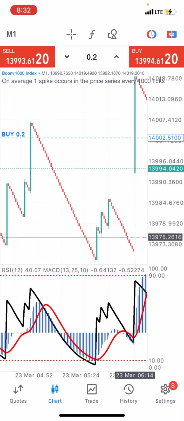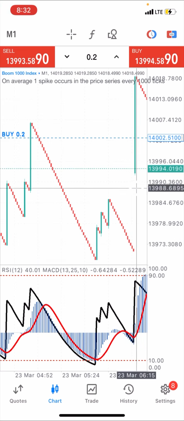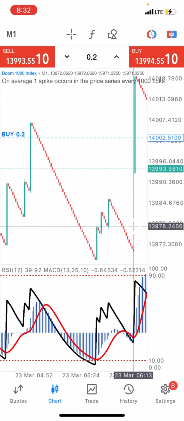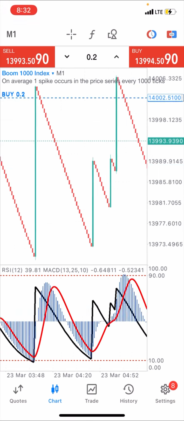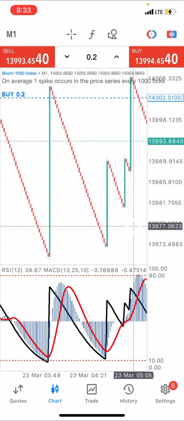Now look at the spike that happened immediately after that. This area, look at the spike that happened immediately after that. You would have made a lot of profits, guys. So look at this again. This is another example,